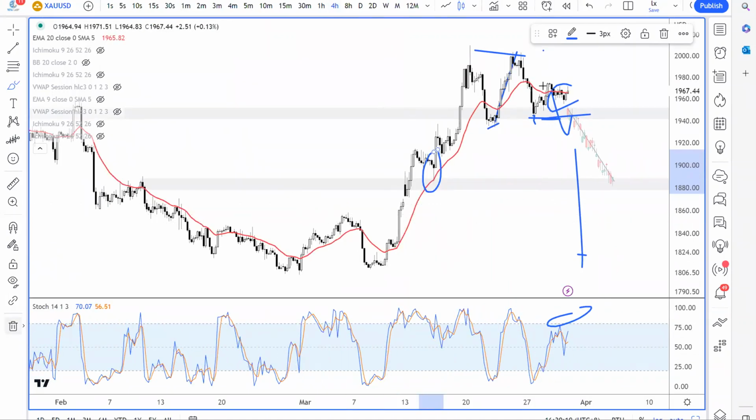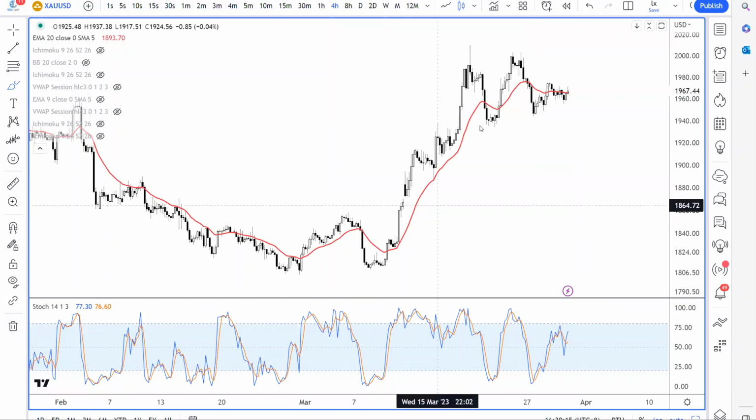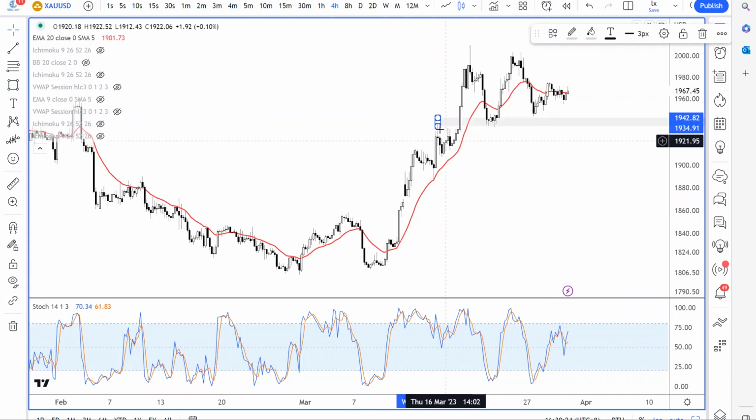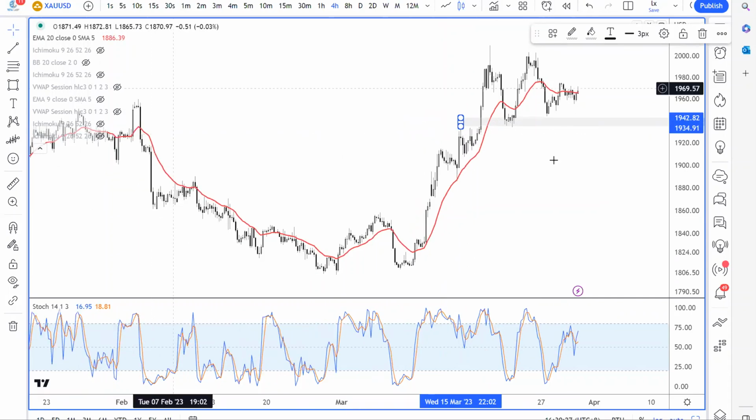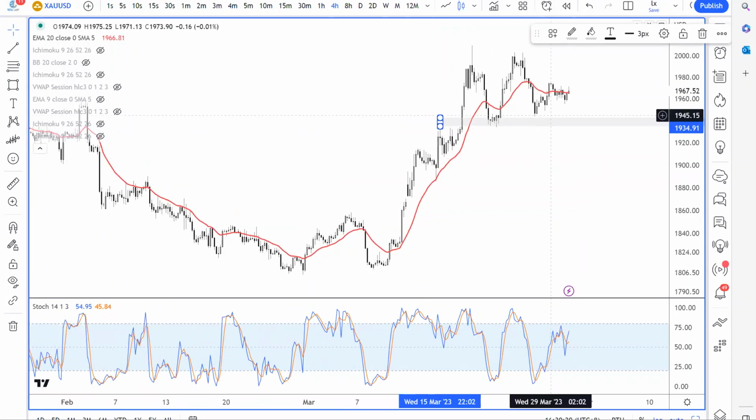So let me just remove these drawings because they're kind of getting in the way. Okay, so this area here, I'll just put back the 4 hour support because that's the region that we're waiting for that break. So still the same low here, and again, if I extend it across, you see the same area. So this is the support area. So if price breaks below this,